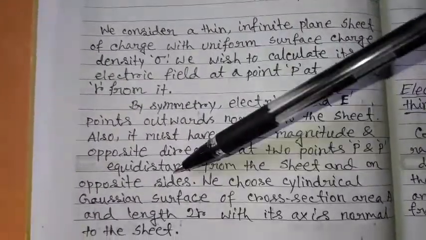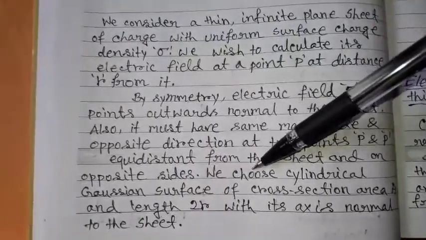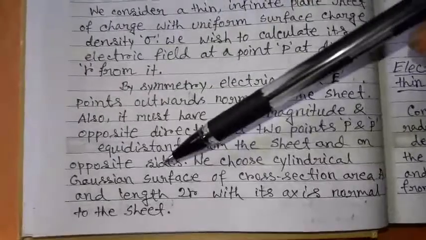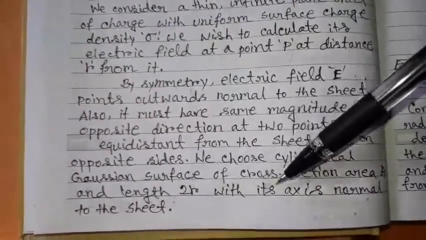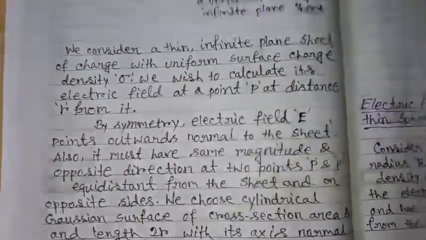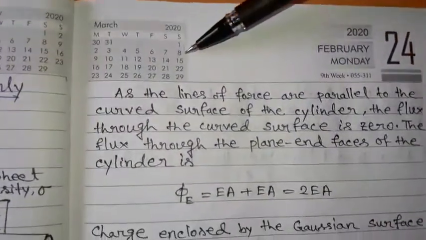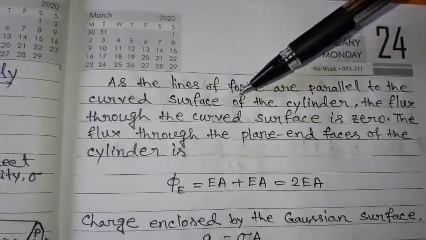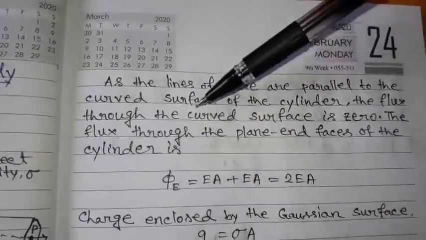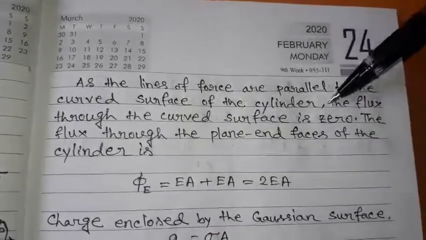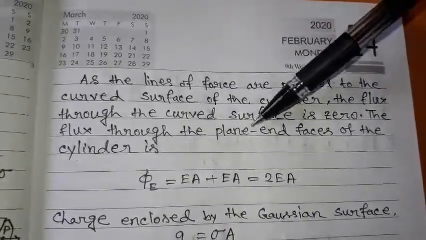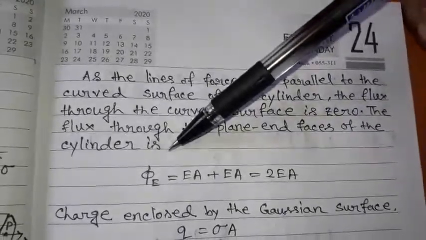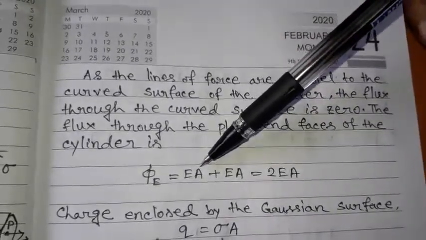and on opposite sides. We choose cylindrical Gaussian surface of cross-section area A and length 2r with its axis normal to the sheet. As the lines of force are parallel to the curved surface of the cylinder, the flux through the curved surface is zero. The flux through the plane end faces of the cylinder is phi e equal to Ea plus Ea